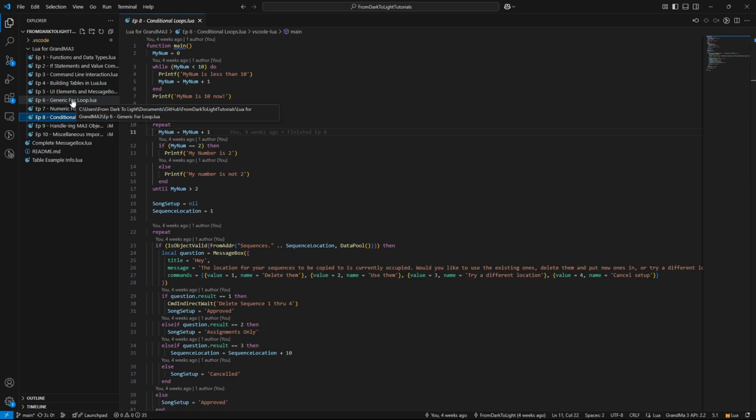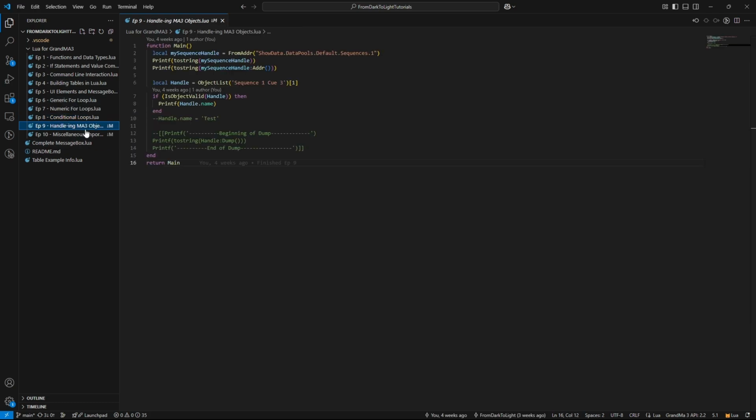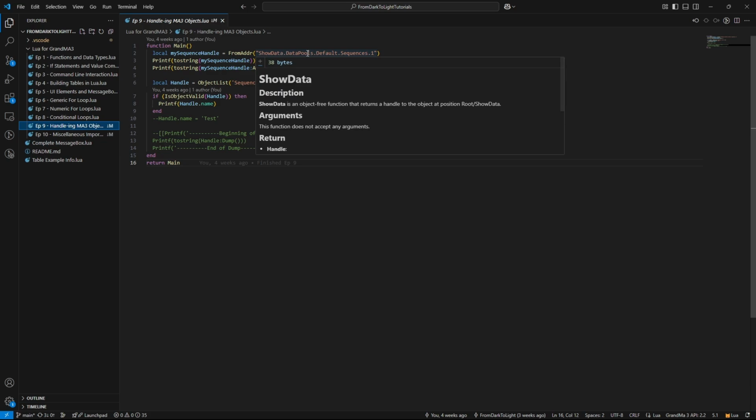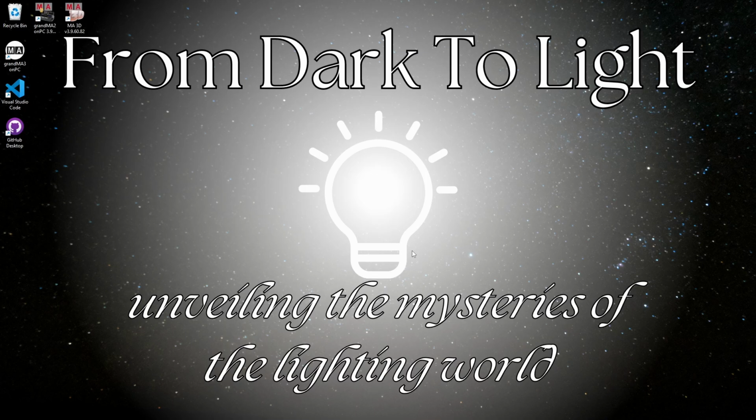I'm going to open up the file from that video and show you some addresses. See this showdata.datapools part of this named address here? I talked about how you can use it as a numbered string, substituting 13 for show data as well as 13 for data pools, but that actually changed in version 2.2. The number is now 14 for both. Why? I don't know. I don't understand that deep level of how the system works, but it did change, and my plugins that used that were not working.